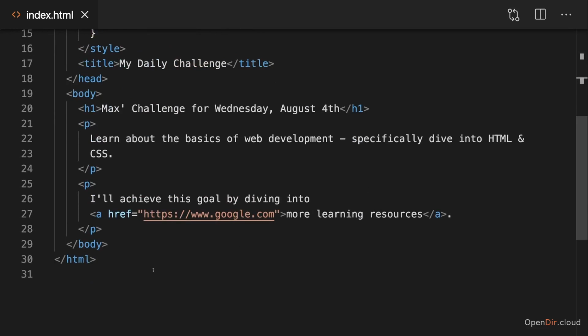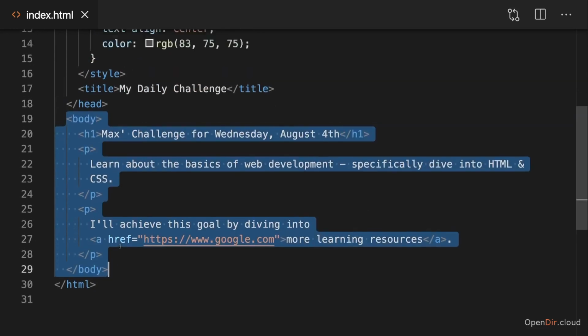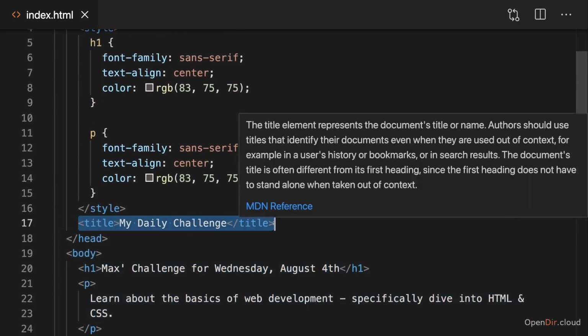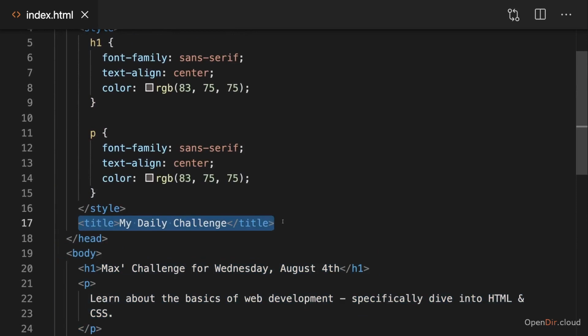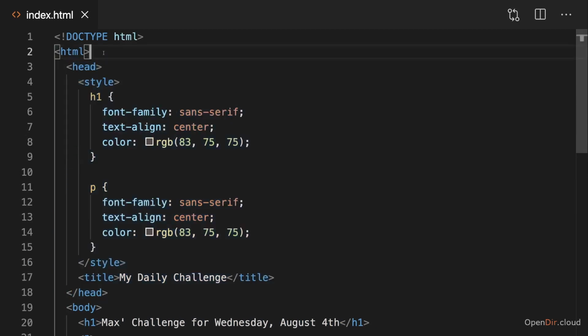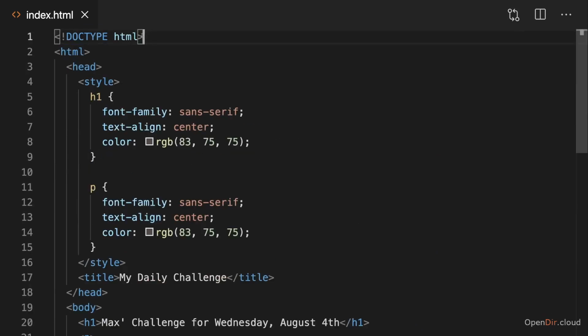The visible content should go between the body tags and your metadata, like the styling, but also this title, which shows up in the browser tab and in search engine results, should go between those head tags. And both head and body should then go between the HTML tags, and you also add this version at the top here. Now, one important word about putting tags into tags, so putting elements into elements like we do it